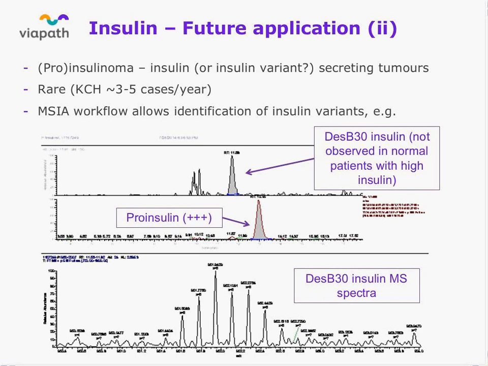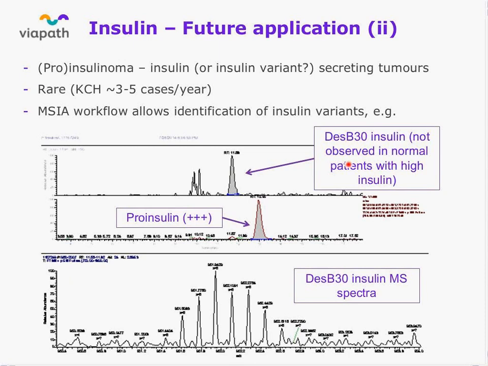The other thing that's potentially interesting and useful, I would say, is that if we collect all of this data using full scan, we have the ability to go back over it in retrospect, and we can look at things, for example, the des-B30 insulin. So in cases, for example, of insulinoma or proinsulinomas, although these are rare, and this is an example from someone with a confirmed proinsulinoma, we had a huge concentration of proinsulin in the sample, which you can see here, but we also observed at relatively high concentrations in comparison to normal patients,